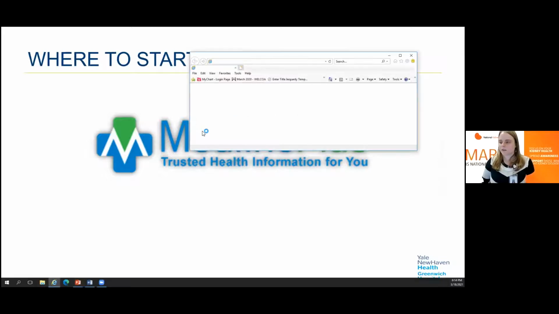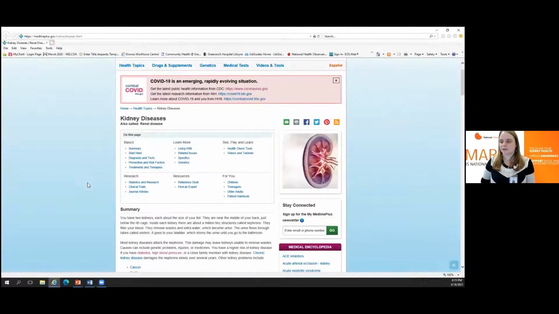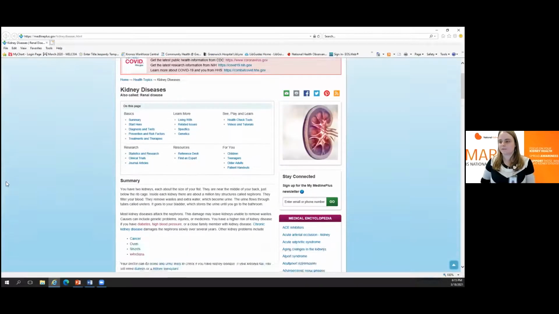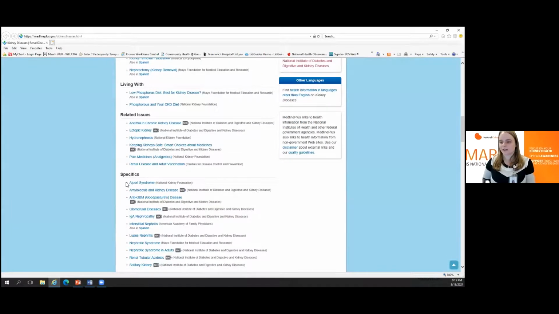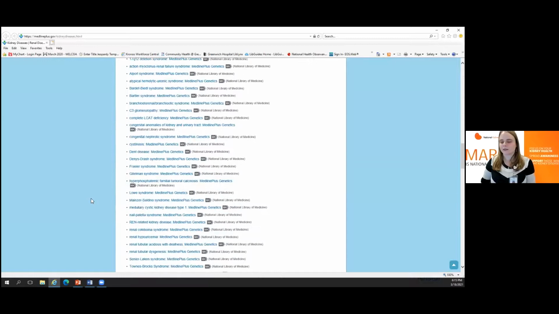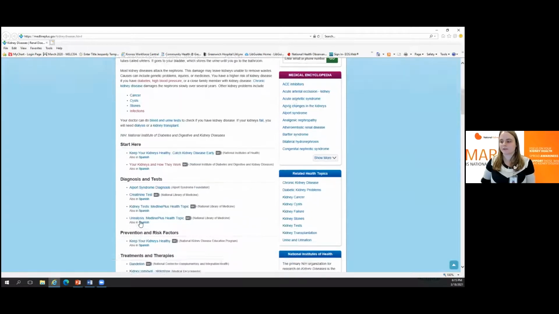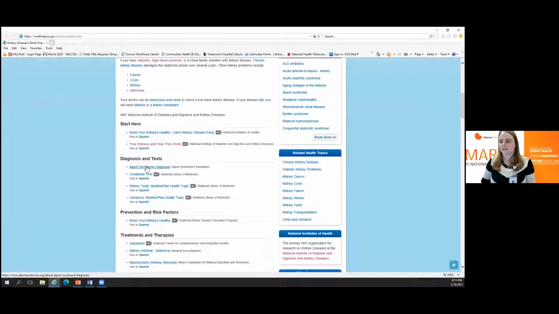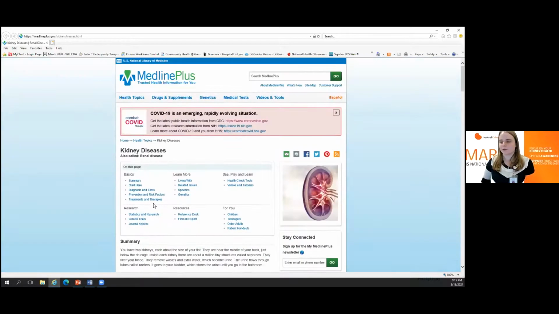And I will quickly just show you right here. This is their page just on kidney diseases. As you can see, it's very nicely organized. I like to call this database a gateway database because it provides all the links to all sorts of reliable organizations. So as opposed to a Google page on the same topic that would have billions and billions